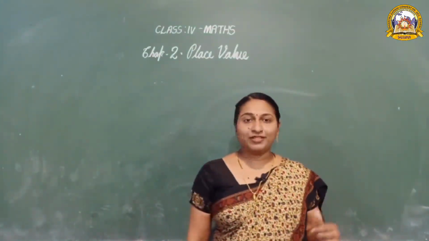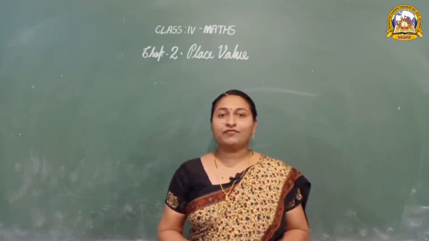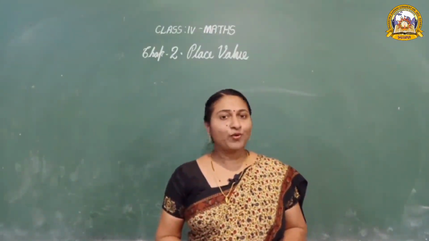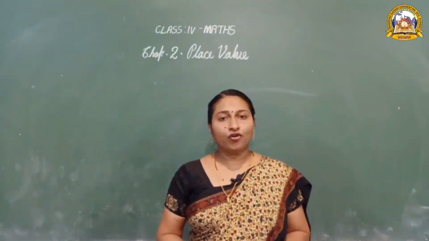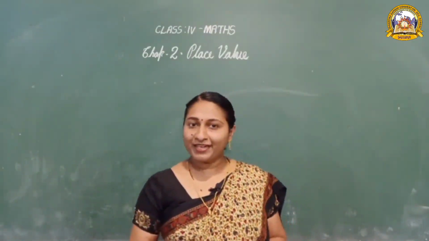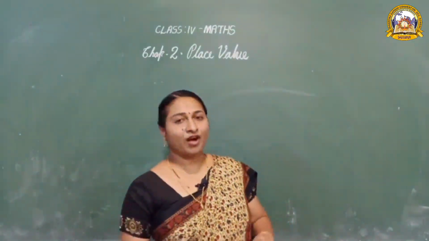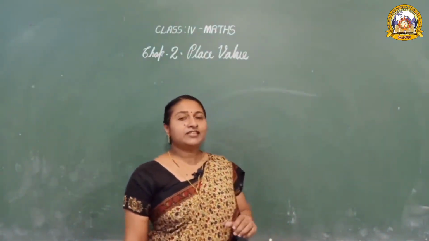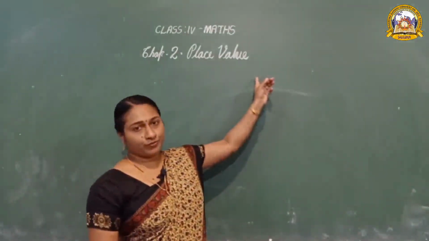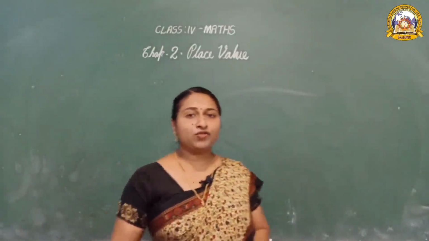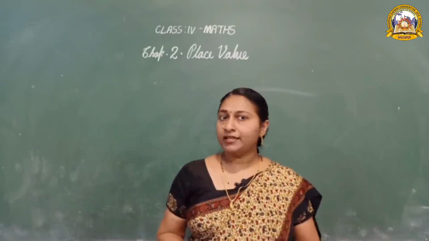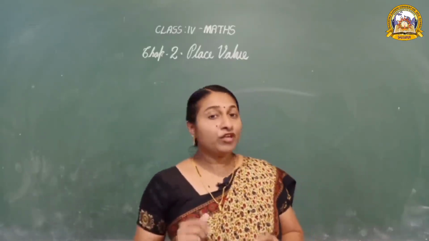In the first chapter, you revised the things which you have learned at your previous classes. I hope all of you have done the homework which Ranjita teacher had given you. Am I correct? Yes, you have done that. Children, our second chapter is about place value. Already you know how to find the place value of each digit in a 4-digit number.